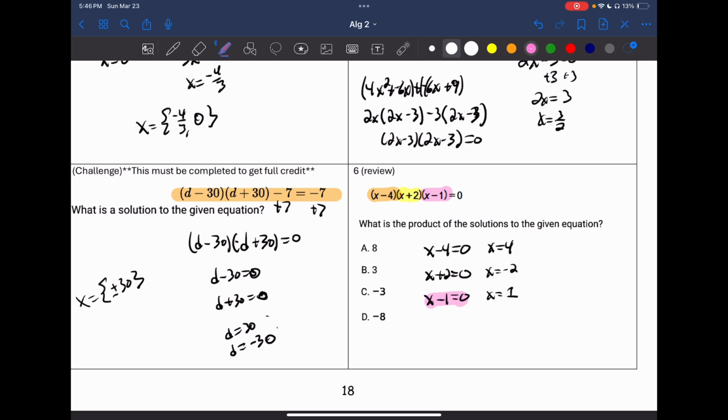Right? As long as one of the three products is equal to 0, the entire thing will be equal to 0. So keep in mind, what is this asking for? This is asking for the product of the solutions. So we have our three solutions here. All we have to do to find the product is multiply them all together. So 4 times negative 2 times 1, that would be negative